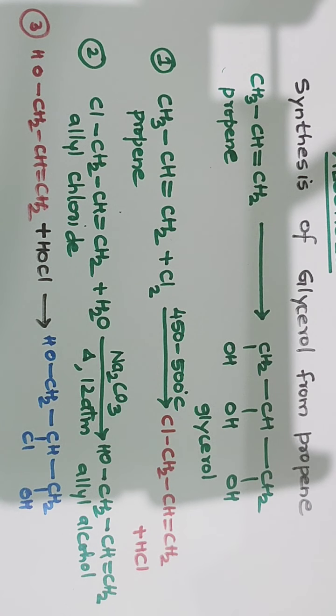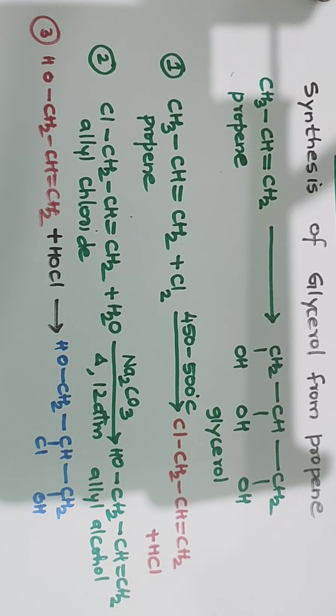Okay. So in first step, one of the hydrogens is replaced by chlorine, and that chlorine is replaced by OH group by carrying out simple hydrolysis. So you got one OH now. So we want OH across this carbon-carbon double bond, hence addition of HOCl is done. So when addition of HOCl is done, OH adds to one carbon and Cl adds to one carbon. So this is what you get. So we got two OH now. We want this Cl to be replaced by OH group. So what is done is this molecule